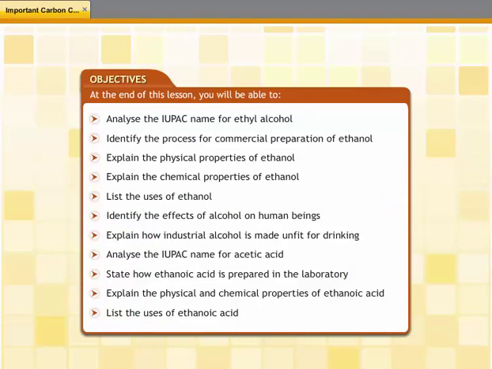In this lesson, you will gain a deeper insight into the characteristics and uses of two carbon compounds, ethanol and ethanoic acid. At the end of this lesson, you will be able to analyze the IUPAC name for ethyl alcohol, identify the process for commercial preparation of ethanol, explain the physical properties of ethanol,